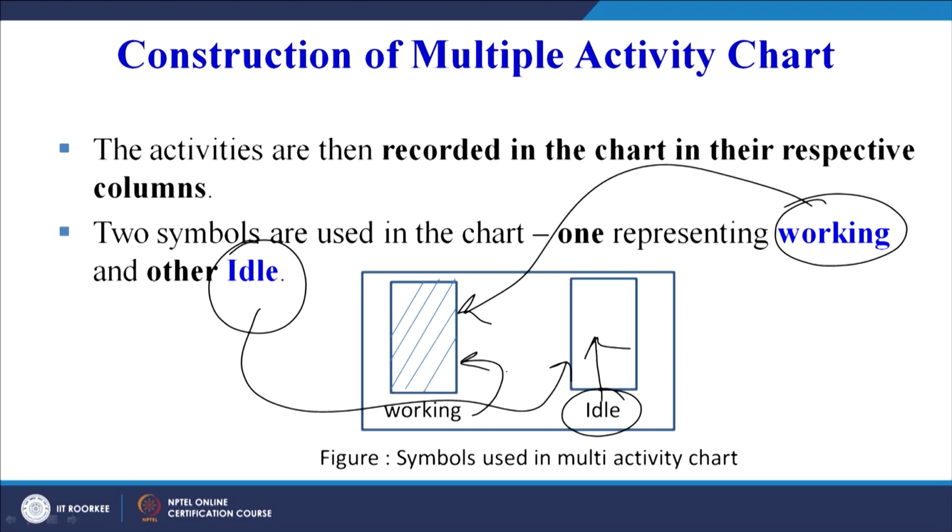So this we must remember, the hatched portions are usually used for working and the blank portions are always used for being idle, when the man or the machine is idle. So basically, just to summarize in 2 or 3 lines how to construct a multi-activity chart, we need to have